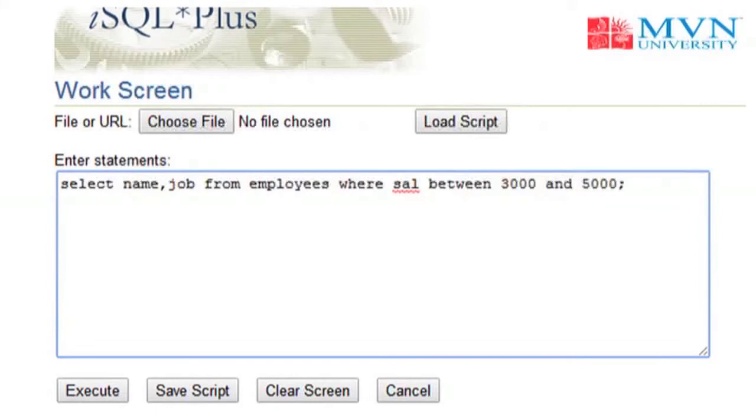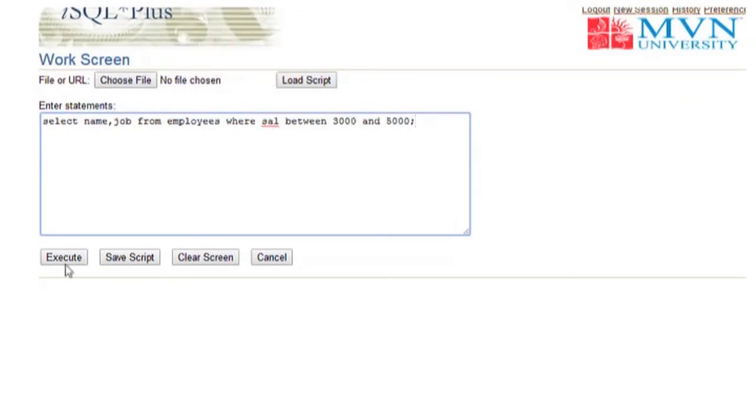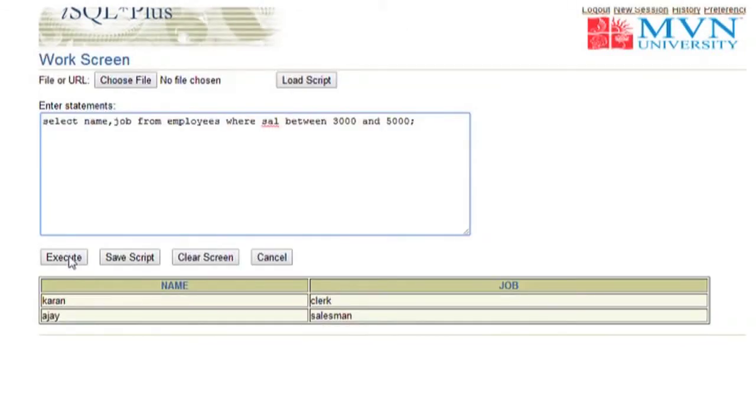Let us execute this query. As you can see, we have retrieved the records of the columns name and job, and Karan and Ajay are the persons whose salary is between 3,000 and 5,000.